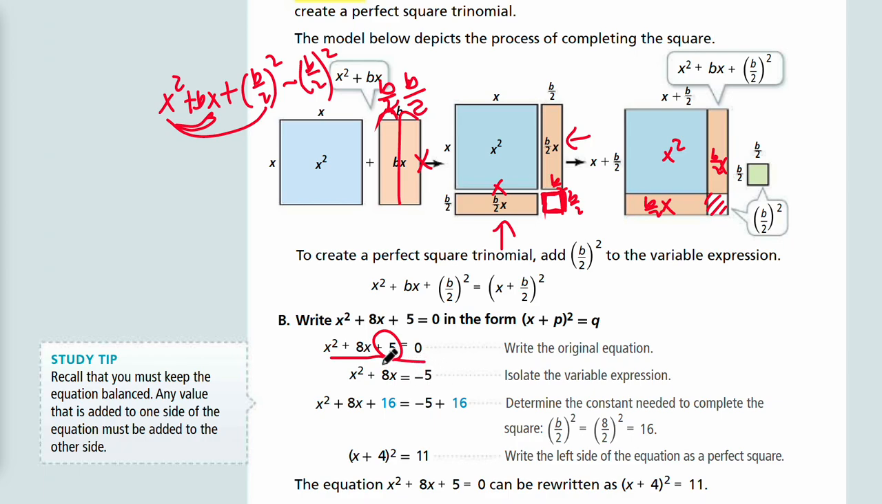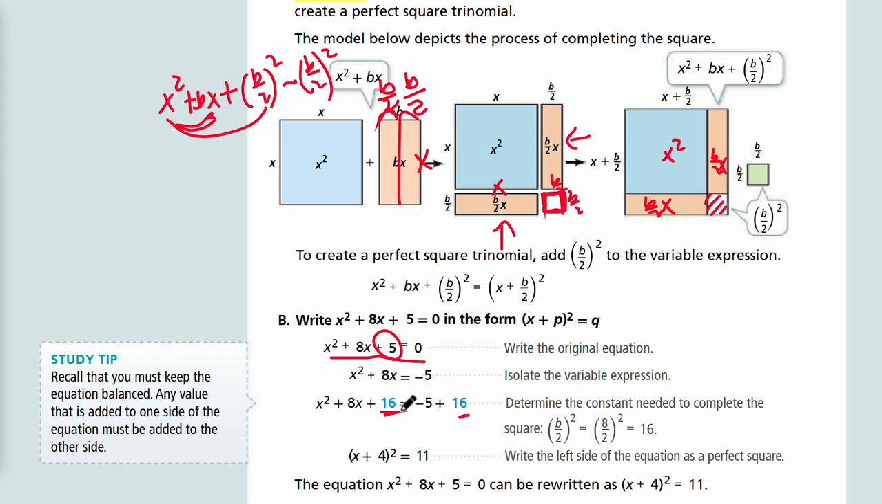So we're going to subtract 5 on both sides, and then we're going to add b over 2 squared on both sides of the equation so that we're not changing it, right? And then we're going to factor that out. Does that make sense? So we're first going to subtract 5 on both sides. Then we're going to add 16 because that's b over 2